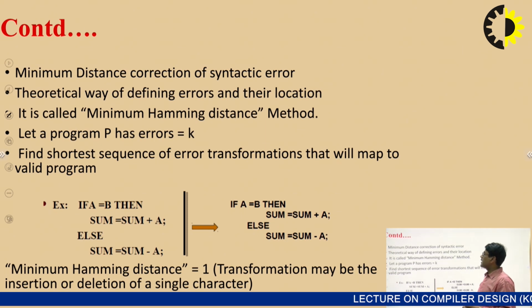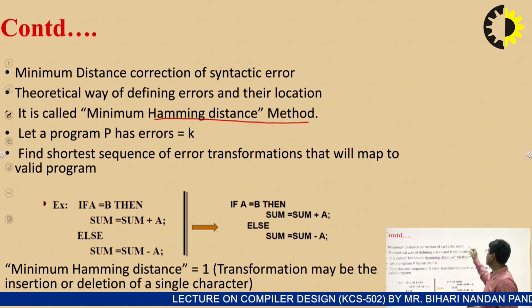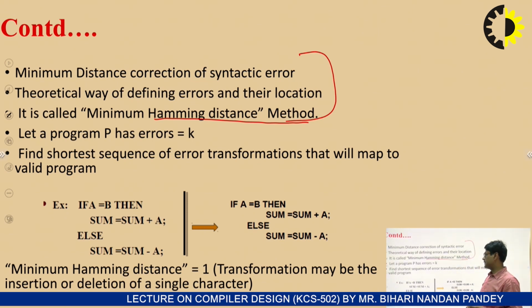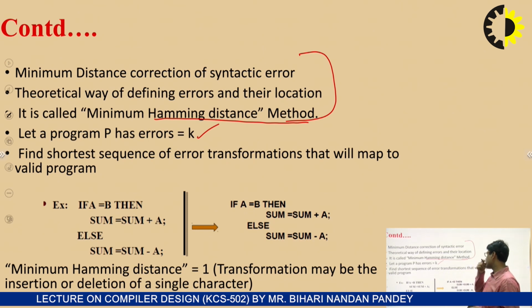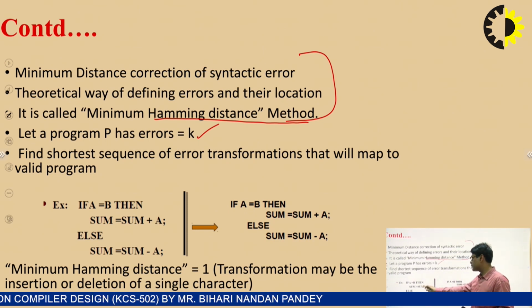Other error-correction approaches are minimum distance error correction, correction of syntactic errors, and the theoretical way of defining errors and their location. It is called minimum Hamming distance. That is one method we can use to correct errors: let a program P have K errors, and find the shortest sequence of error transformations that will map it to a valid program. For example, if A equals to B, then sum equals to sum plus A, else sum equals to sum minus